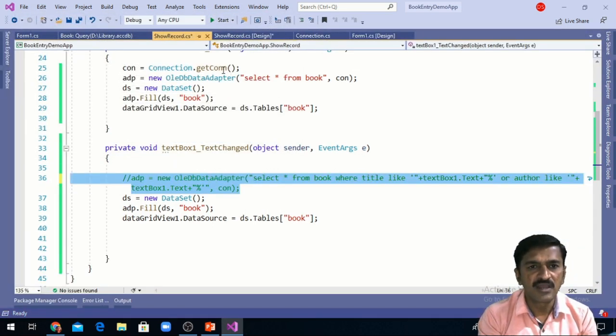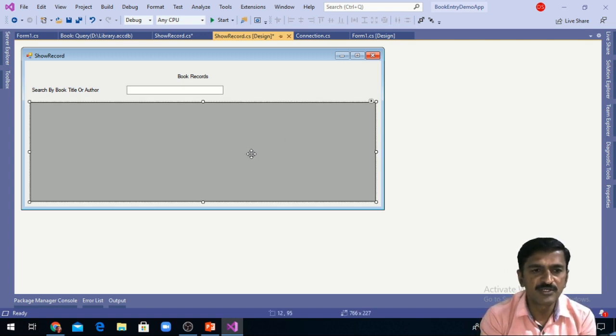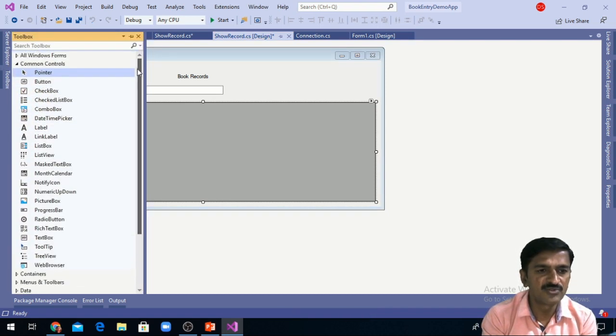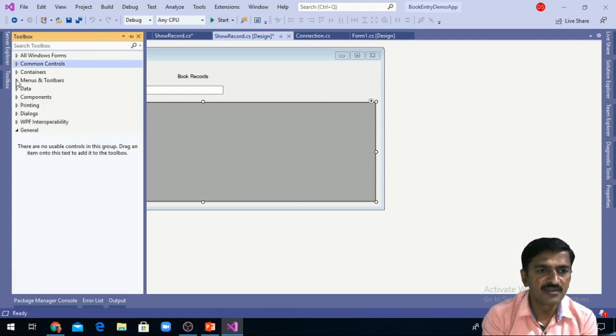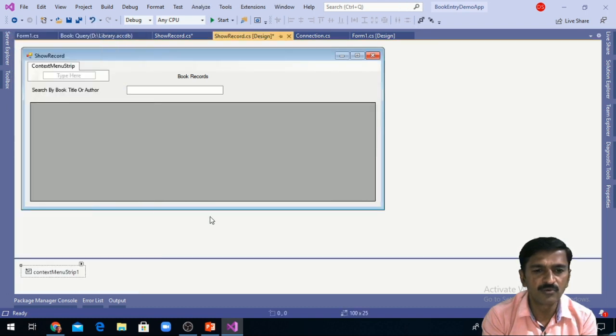So I am again moving toward the show record designer .cs file. First I'm going to create one shortcut menu. How can we create a shortcut menu? We can create a shortcut menu in Visual Studio by using a context menu strip. Inside the menus and toolbar section, there is a context menu strip control.